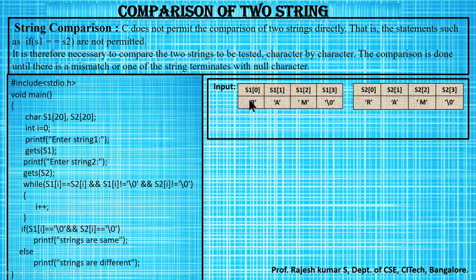For example, if you take two strings here, in order to compare, you have to compare the first character present in S1 of 0 and the first character present in S2 of 0. If these both are same, then I will check the second character. If these both are same, next I'll check the third character. If these both are same, next I'll check the next character. Here the next character tells it is the end of the string. Means in the S1 array we have stored Ram, and in the second array also we have stored Ram. Both are same. Then we'll tell the given strings are same, else we'll tell the strings are not same.